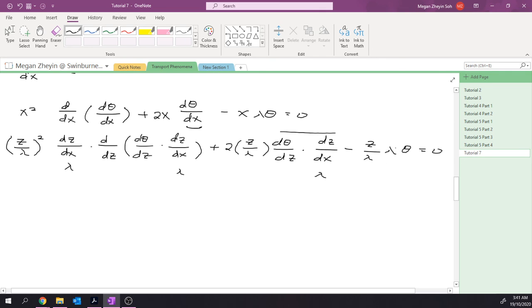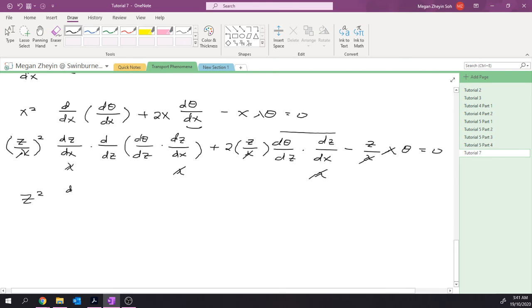So basically this one can be cancelled off with this one, this whole thing is your lambda. This one is not a function of z, so we can take it out, and this 2 will be crossed off with this lambda square, and we will get the final answer as